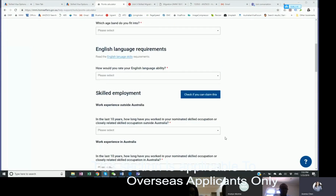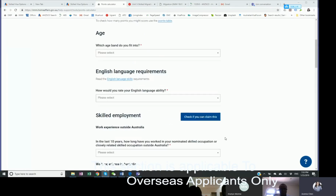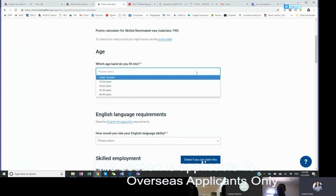So if the client's on the phone, and they say this is how much experience I have, what age band they are in, then you'll be able to calculate straight away. But overall, for us to determine what kind of clients will be able to meet this 65 points, it's this area, 25 to 32 and 33 to 39. So if the client is age 25 to 39,